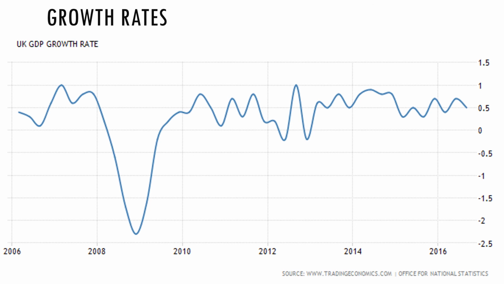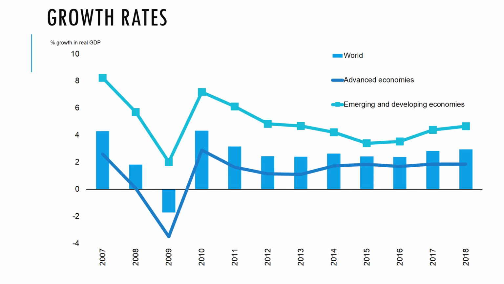Now, what is important is we appreciate the difference in growth rates of these two economies. So here we have a chart that shows UK GDP growth rate for the last 10 years. And what we can see is that GDP, the value of what's produced within the UK economy, has been growing on average maybe by 0.5% per year over a significant period of time. Here, obviously, we have the recession caused by the financial crisis, but a long-term trend average would be about 0.5% UK GDP growth.